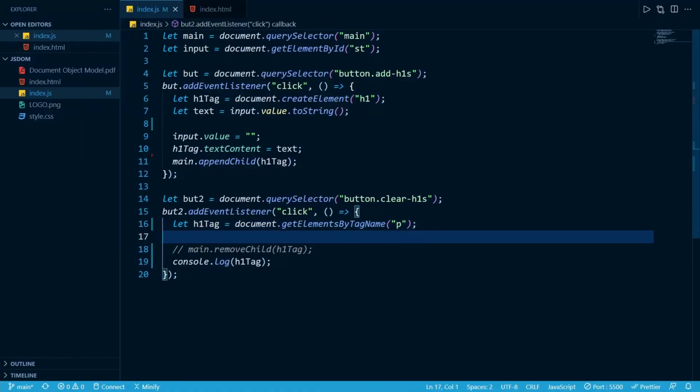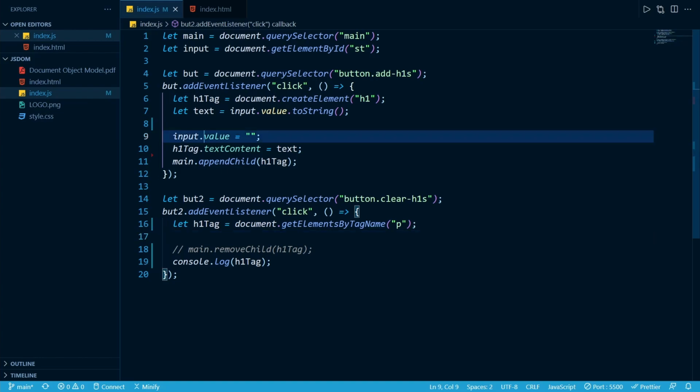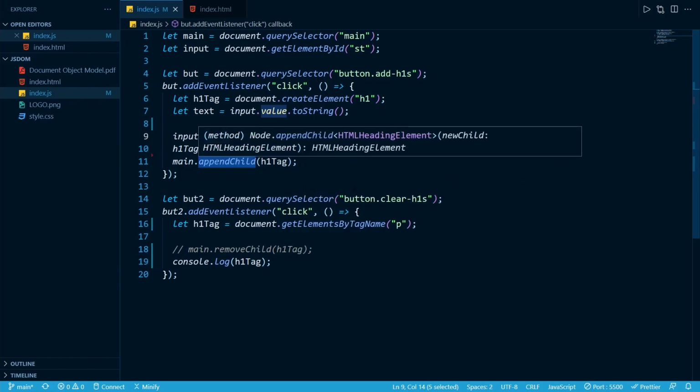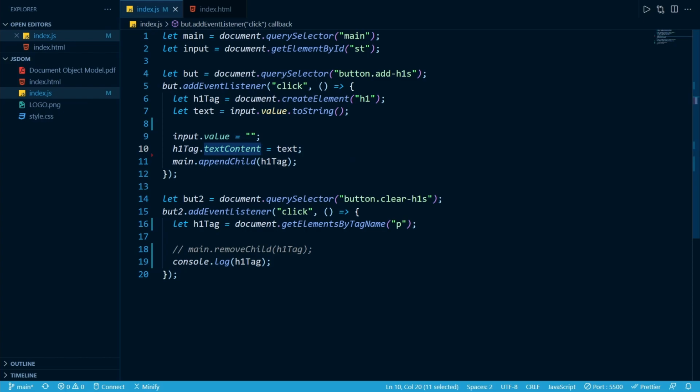So as you can see here, we cannot only get those values, we can also change their value. So we can do input dot value, or we could actually also do h1 tag dot inner HTML or inner text. So instead of this, we could also do something like inner HTML, and we can be a little creative, like maybe a paragraph tag plus some text.